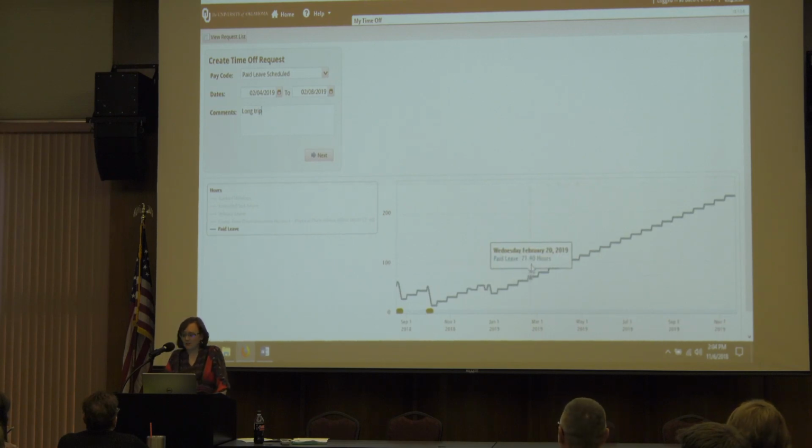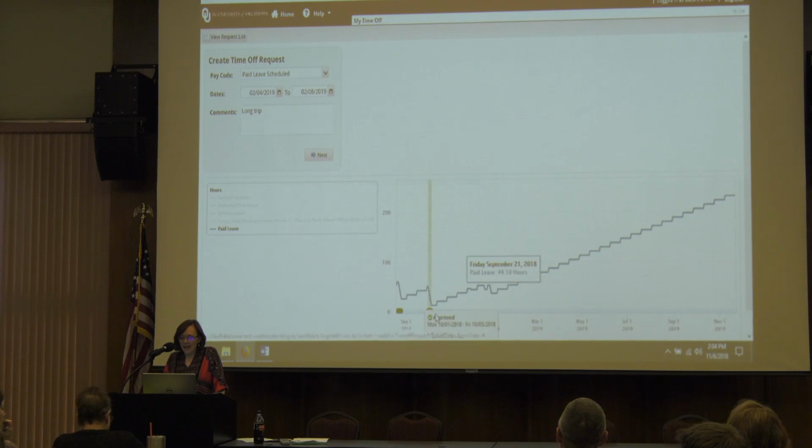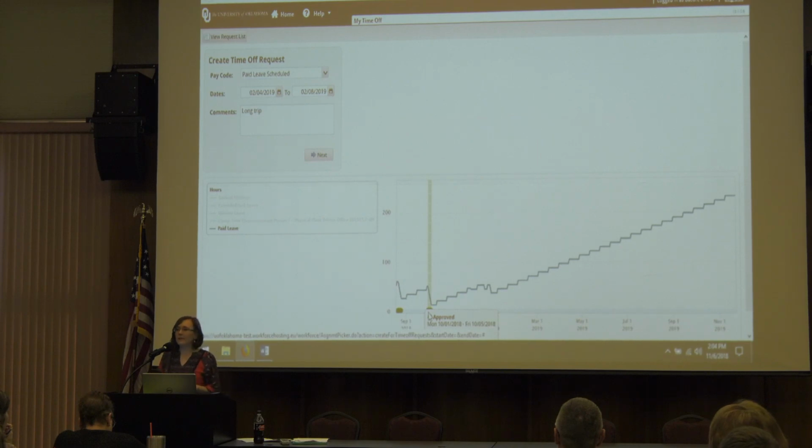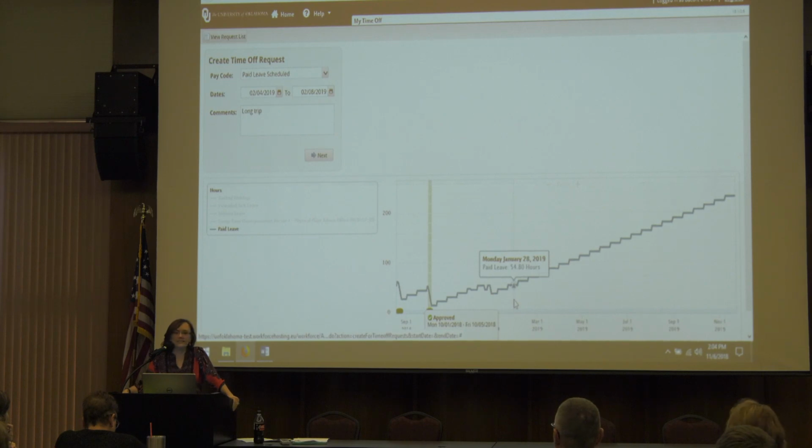Also, you'll notice I have a graph at the bottom, and my graph is showing all the time in the dark green that's already been approved. If I had any that was pending, which I don't, it would be a light green little bubble, and it would show that. But you'll notice how my graph is going up and down. It's projecting out my leave, which is something you haven't been able to see before. You kind of had to do the math. But I can just scroll over